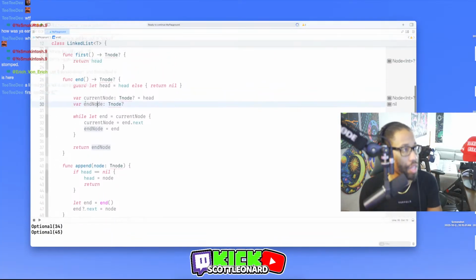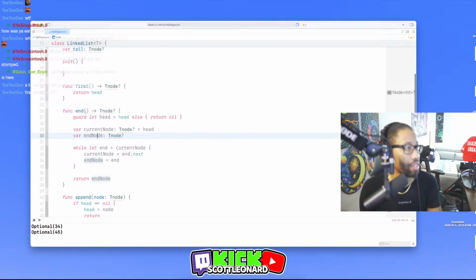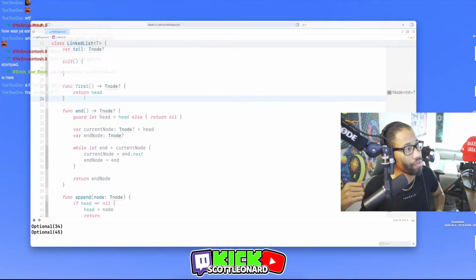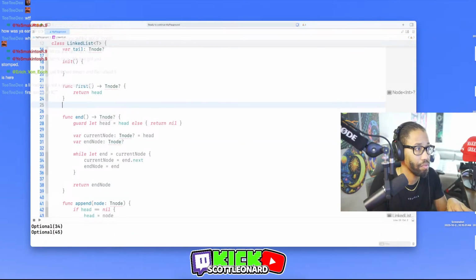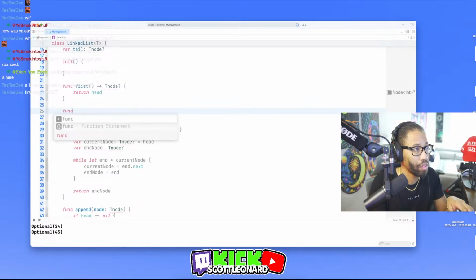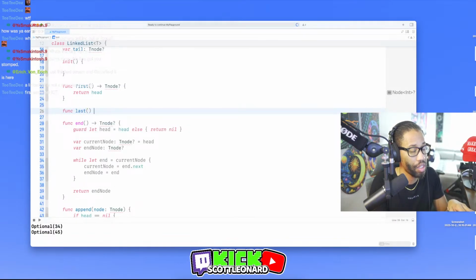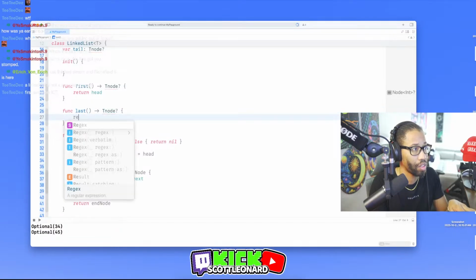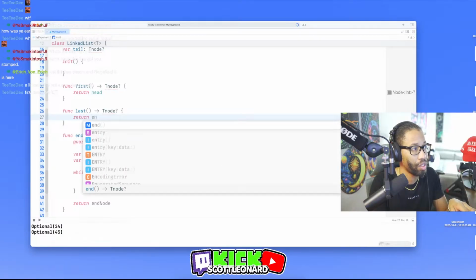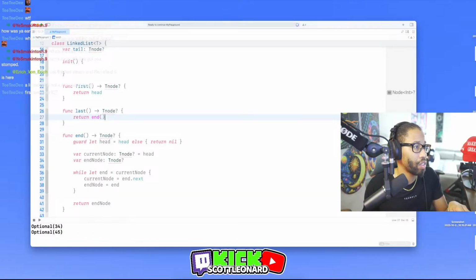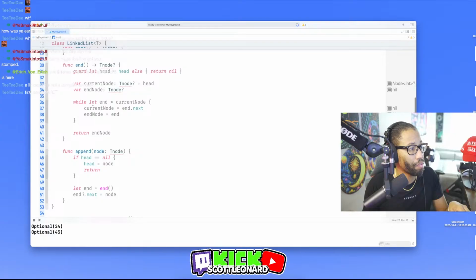Whereas tail should be end, right? So last should be something like return end. And then in here, I wouldn't need any of this. I would just make it...